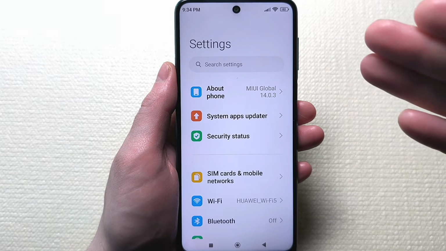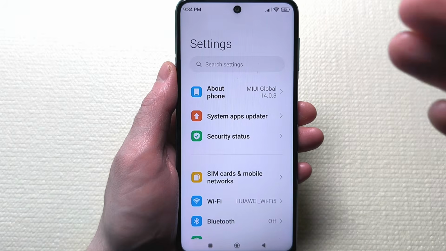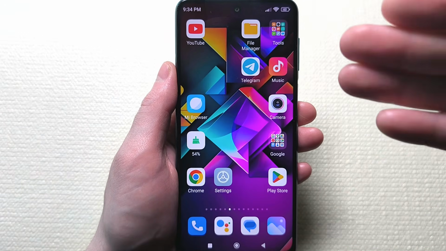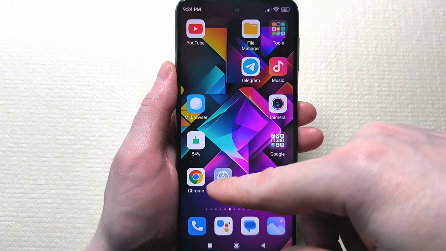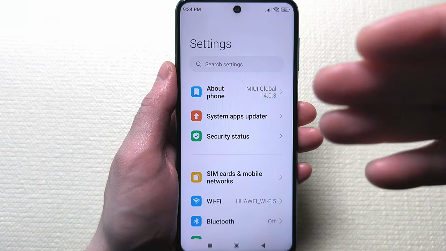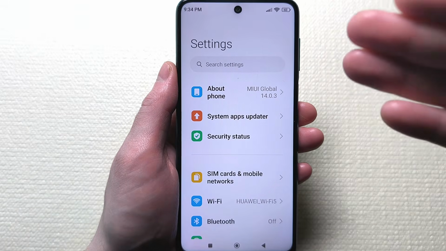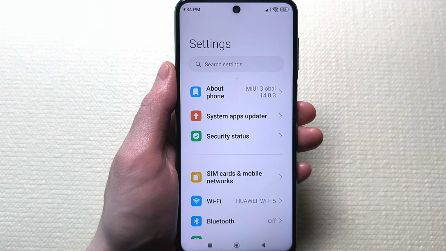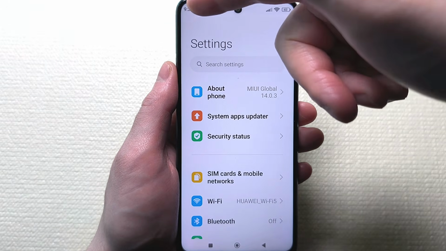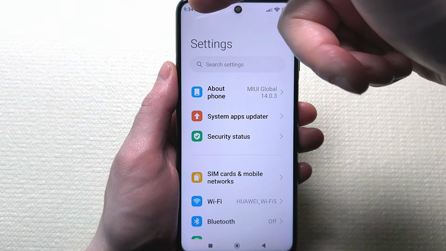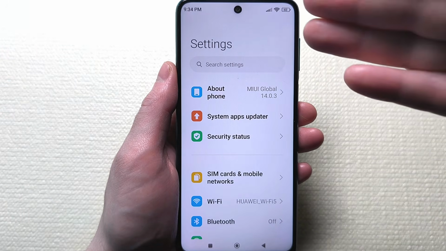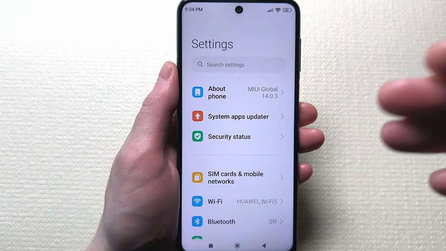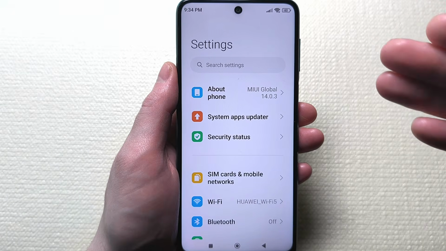I'll answer the question of those users who might ask, why do I need such large icons, or such large letters? Well, some people don't like it, for example. So you've increased the time, but in doing so you've also increased the font and enlarged the icons on your smartphone, so that the time remains unchanged. I mean, it will remain the same size, but to return these fonts and these sizes to their previous sizes, you just need to type size in the